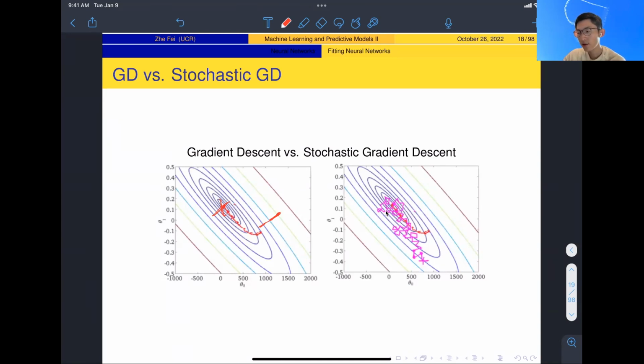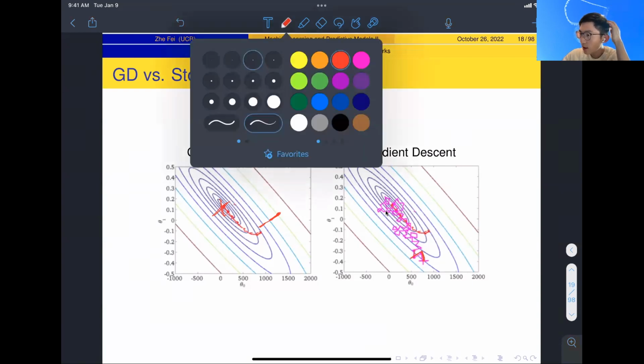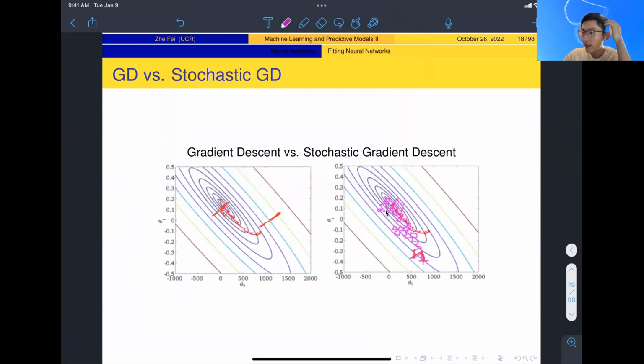Then on the right panel, stochastic gradient descent, because every time you do not use all the n samples, with a subset of the n samples, you are not guaranteed to find the optimal direction. So that's why we see the purple lines. These updates are random in some sense, not necessarily the optimal direction, but